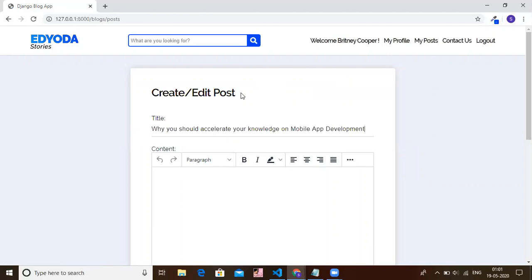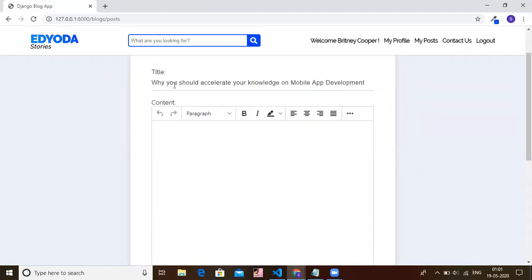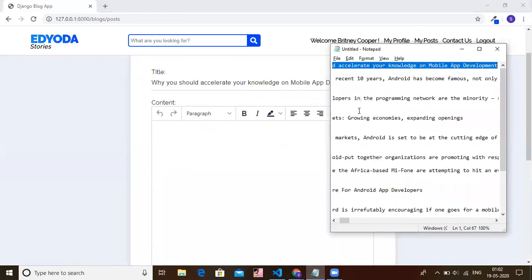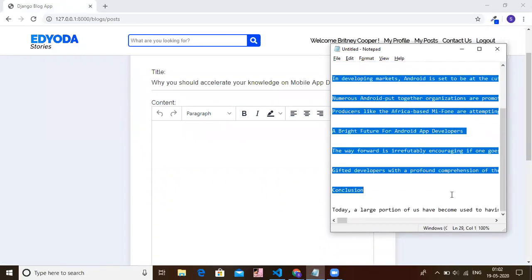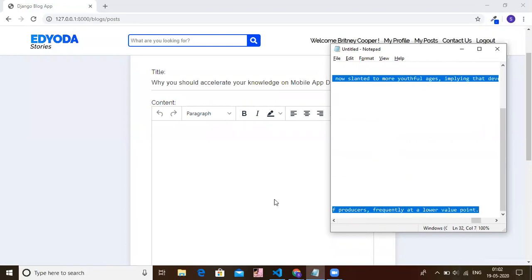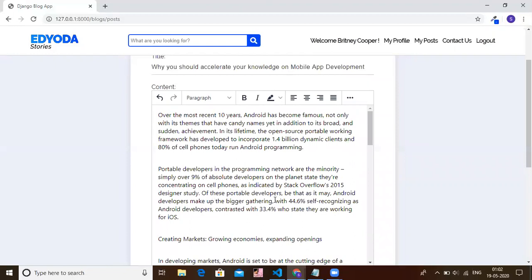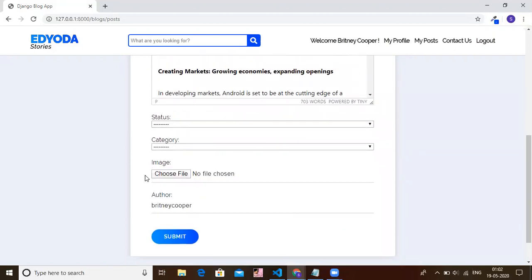So for creation of a post, what we require is the title, and for the content part, we are using an external package, which is basically a rich text editor. What it will allow us is to style our content. For example, let's say if I want to make this part bold, I can do that using this rich text editor. So this is not possible with only Django's form fields. So this is something that we are using with the help of an external package.